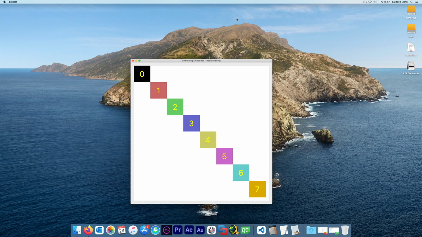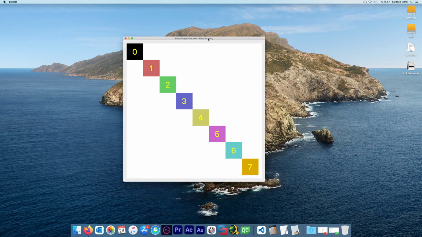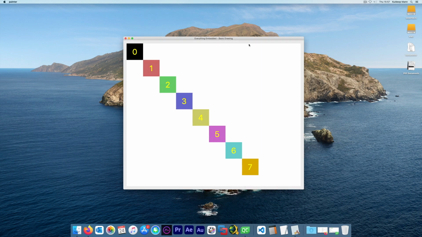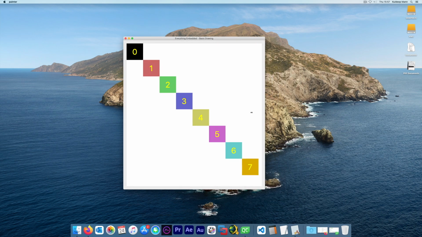So it should be a very simple program to understand, and one can resize this, but it will not go below a minimum. If I try to resize below this, it does not go beyond a minimum size, which I have defined in the code, which I'll just show you.